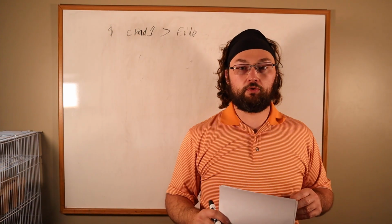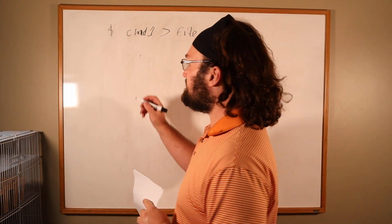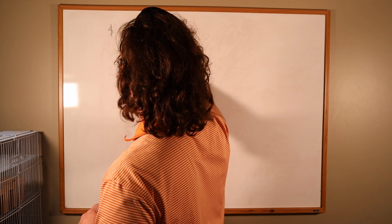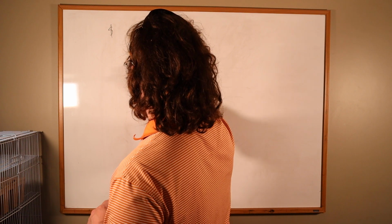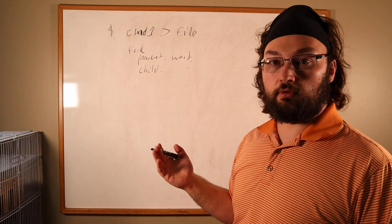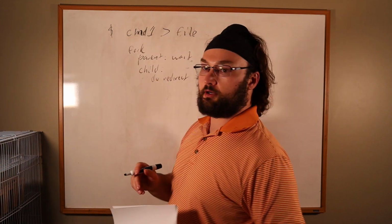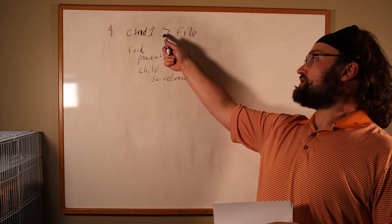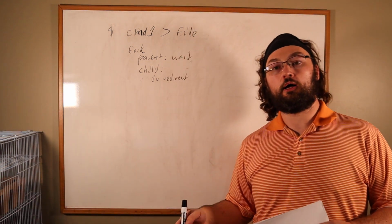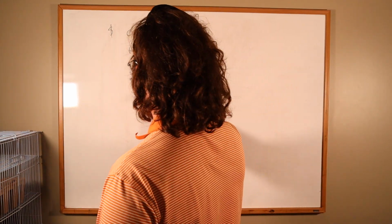So in this case, there are some options here, but the way I recommend doing this is first we fork, then in the parent we wait, and in the child we are going to actually do the redirect by, for example, closing standard out, which is file descriptor number 1. So we'll close 1, we'll open the file for writing, and then after we do that, we eval